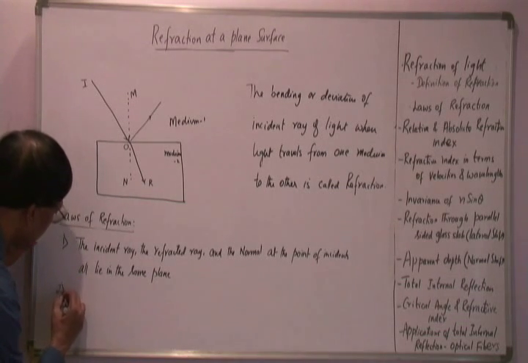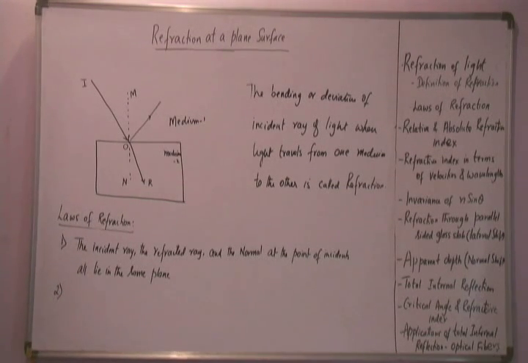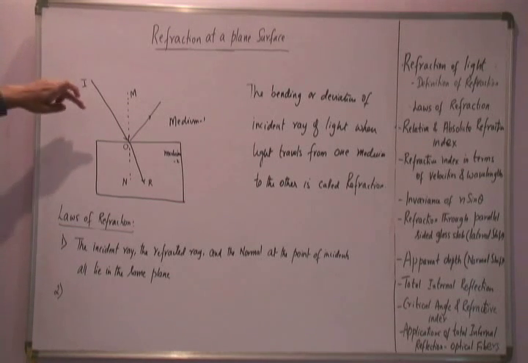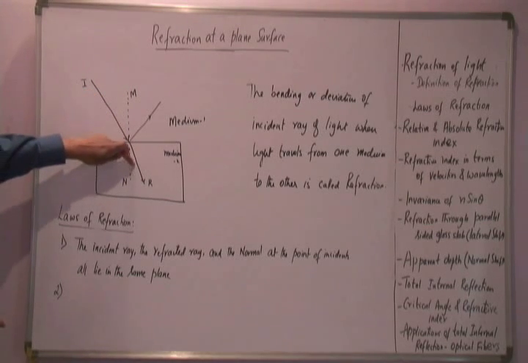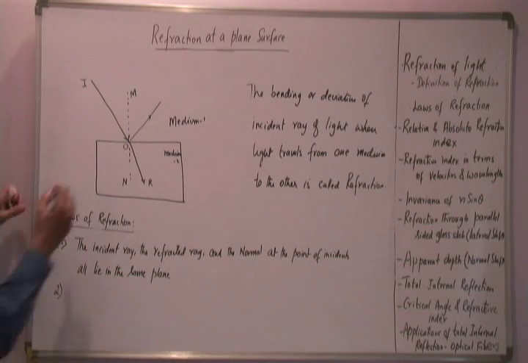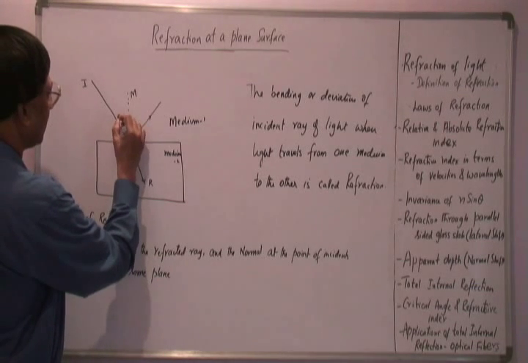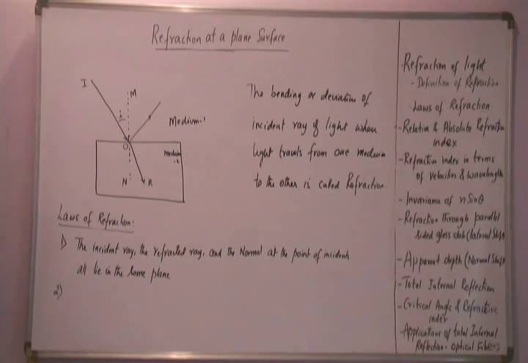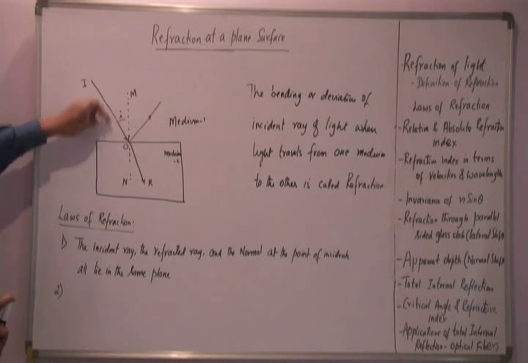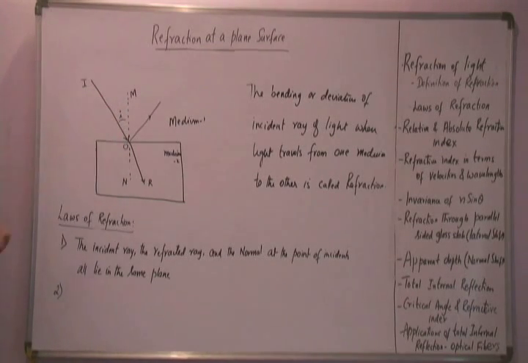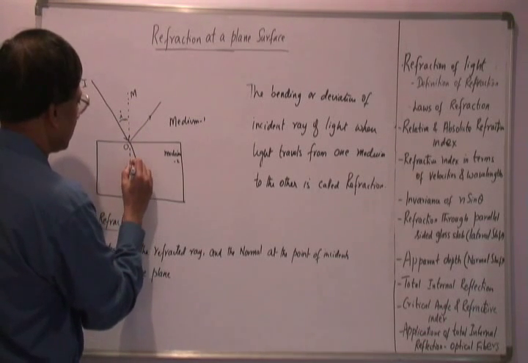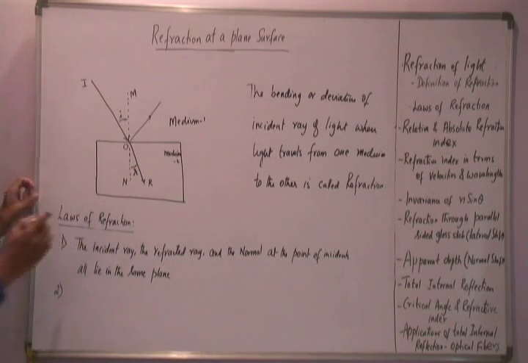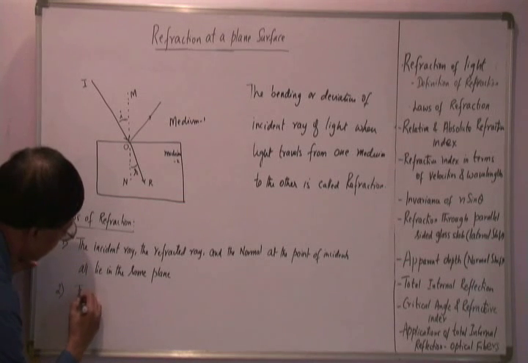And now there is the second law of refraction. It says that the ratio of the angle of incidence to the angle of refraction is constant. So if I call this I, this is the angle of incidence. That is, the angle the incident ray makes with the normal is called the angle of incidence. So if this is the angle of incidence and this is the angle of refraction, then the second law of refraction states that the angle of